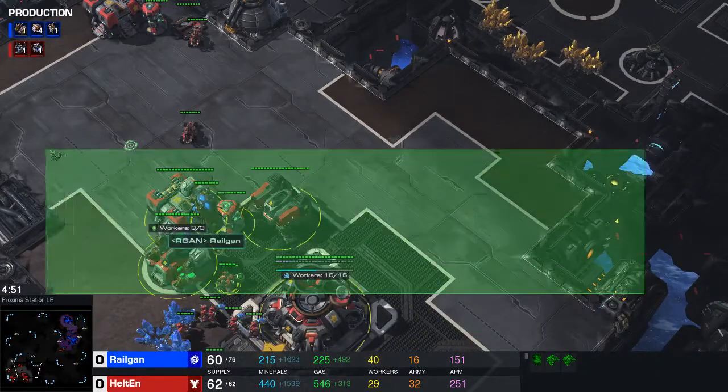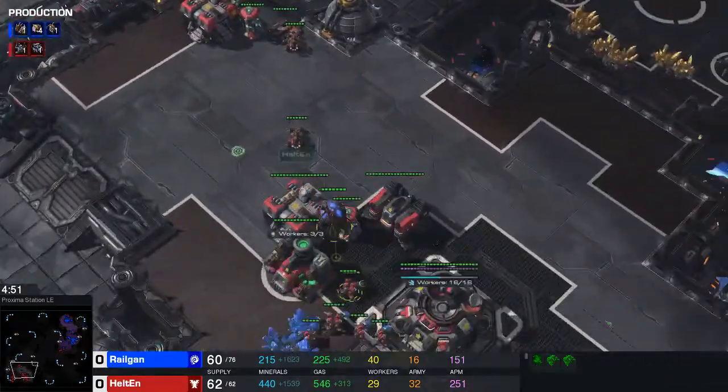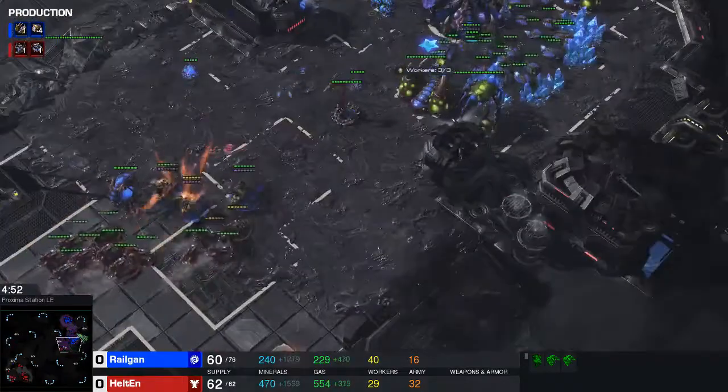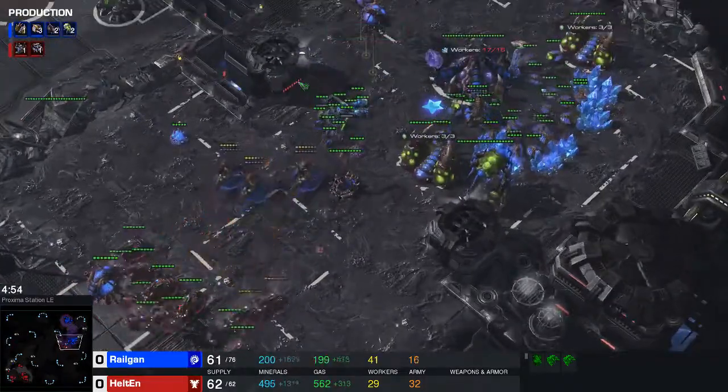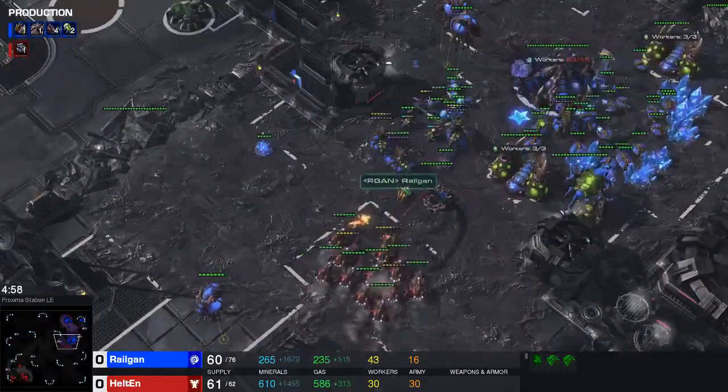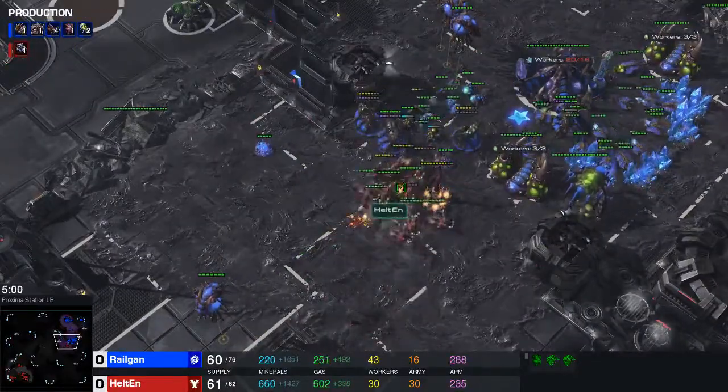The reason why I sent this overlord in is just because there's not really anything that can kill the overlord to begin with. I think I sent it in around 4 minutes, and now he's attacking me with a lot of Hellions. And what I end up doing is I just